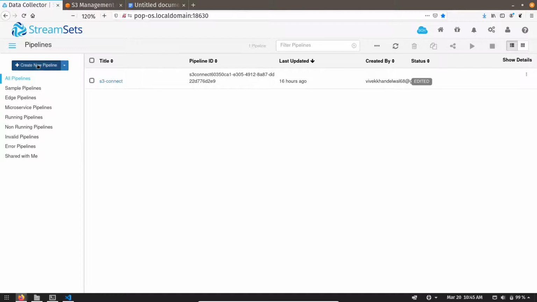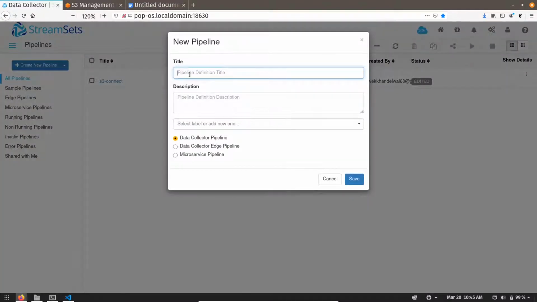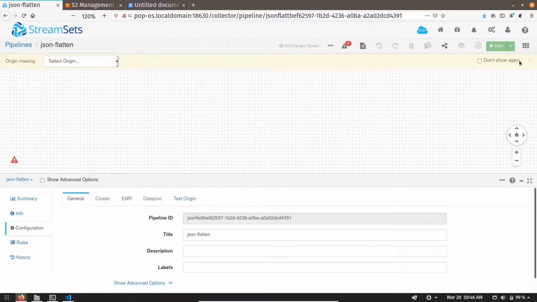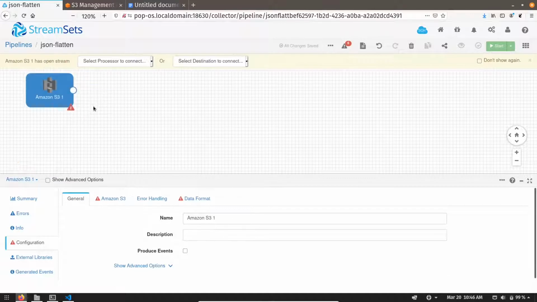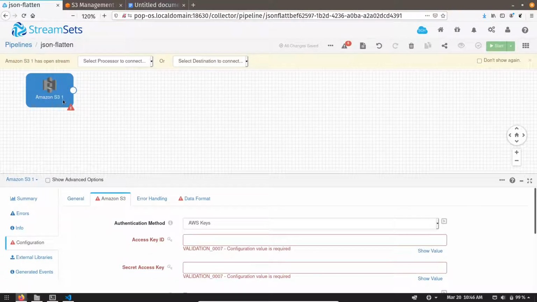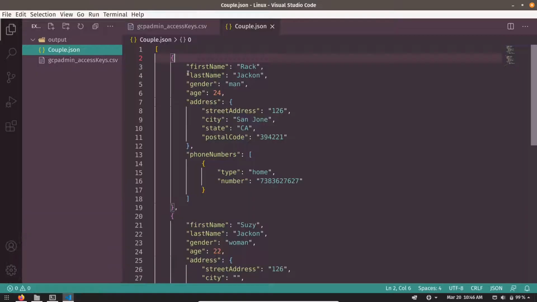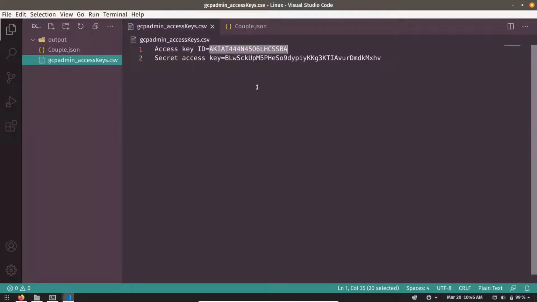Click on create new pipeline, give it a name, choose Amazon S3 origin. Let's first configure it. To connect with the Amazon S3 bucket, we need the key ID and access key. I have already downloaded it for myself, so let me copy it.